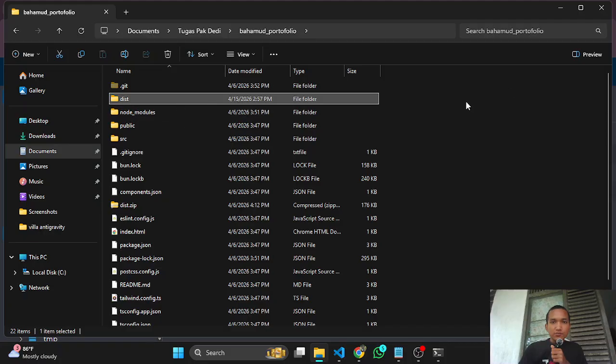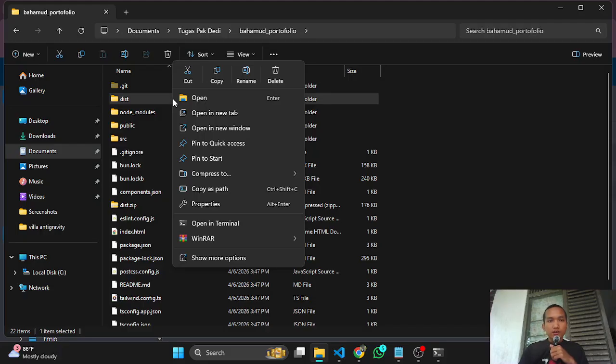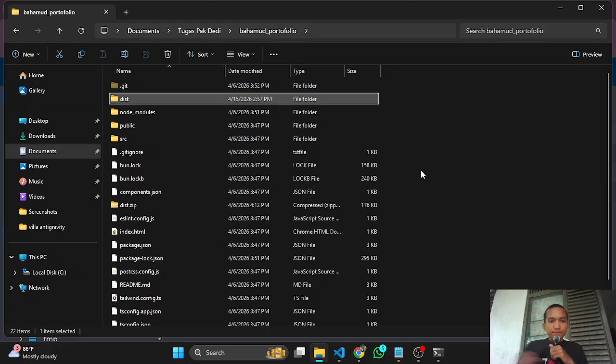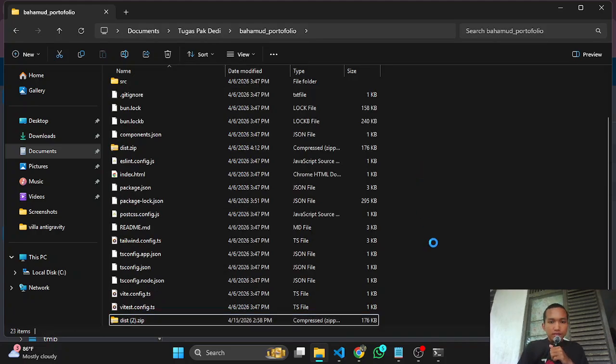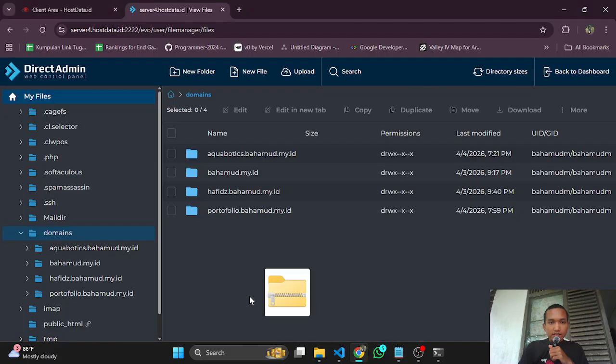The first thing you must do is zip or compress your folder into a zip file. Then move this to your subdomain. I will show you.